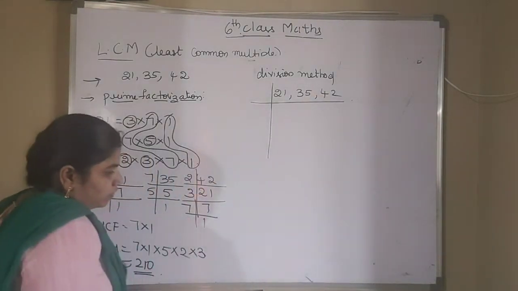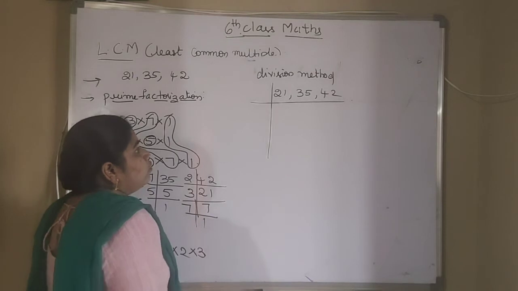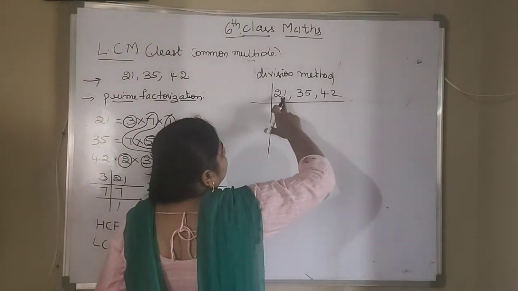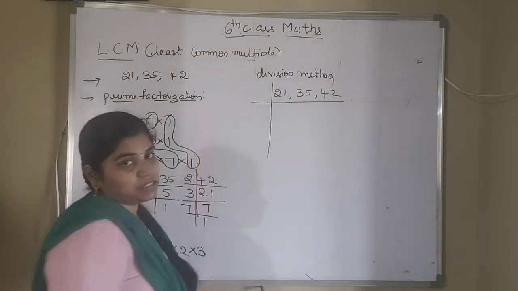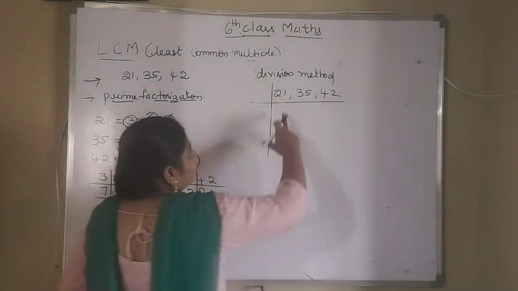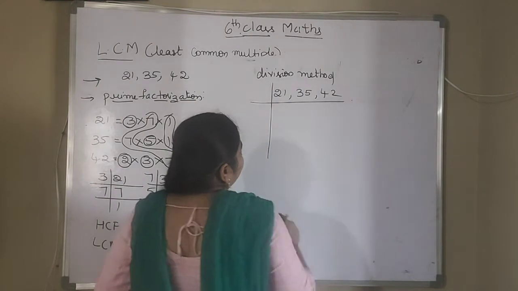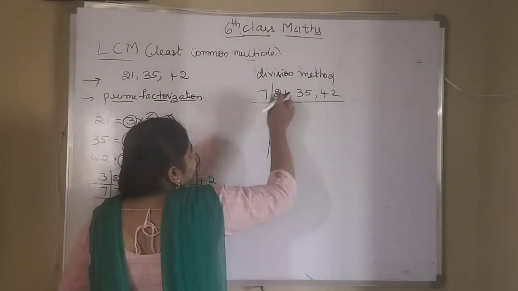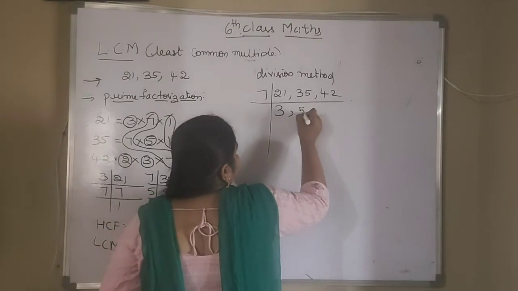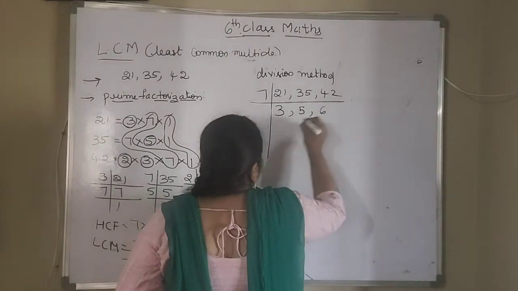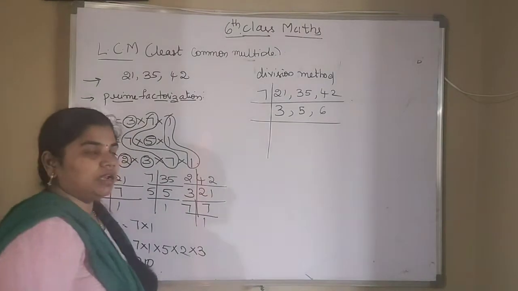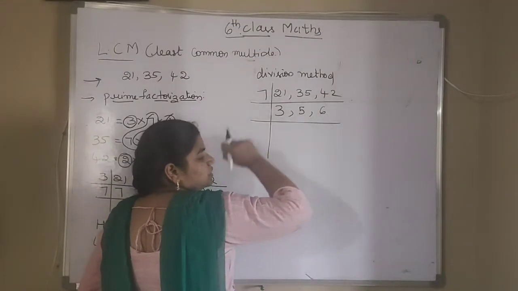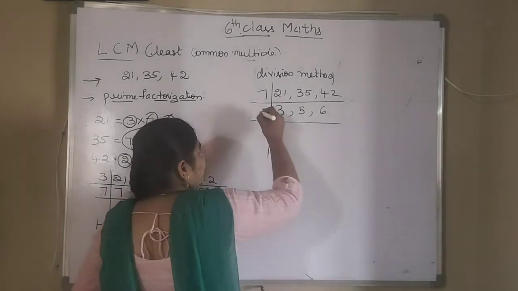Now what is a common multiple which will go into these 3 numbers, in which table can you see? We have to think: 21, 35 and 42 will go in the 7 table. So 7 3s are 21, 7 5s are 35, 7 6s are 42. Now which 2 numbers can you take? 3 will go in the 3 table as well as 6 will go in the 3 table. So we can take the 3 multiple now.